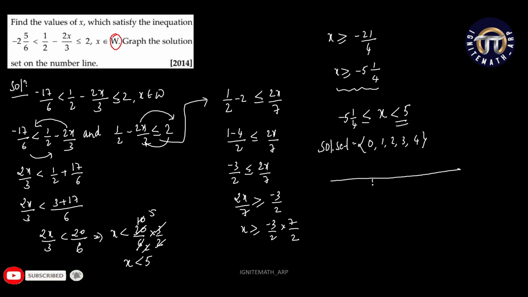Look at this, children. This is going to be 0, 1, 2, 3, 4, 5, 6 and 7. Clear, children? So this is going to be minus 1, minus 2. So the solution set on the number line would be 0, 1, 2, 3 and 4. Clear, children? This is your solution set,